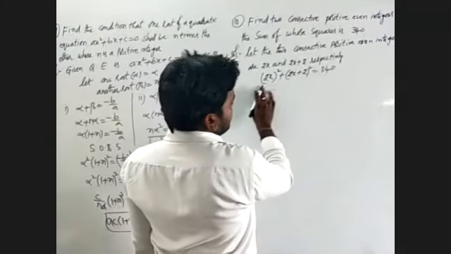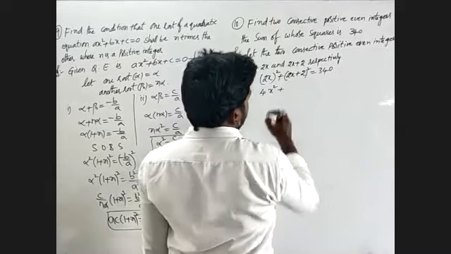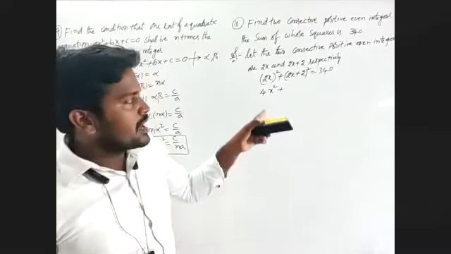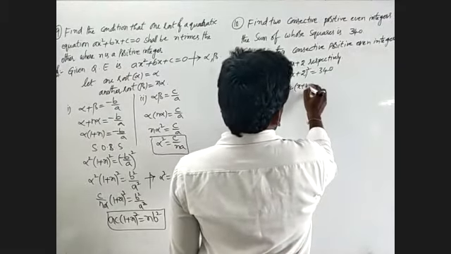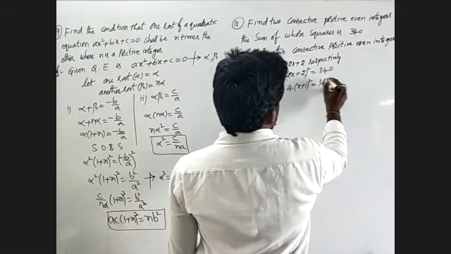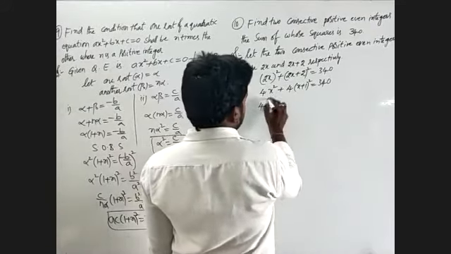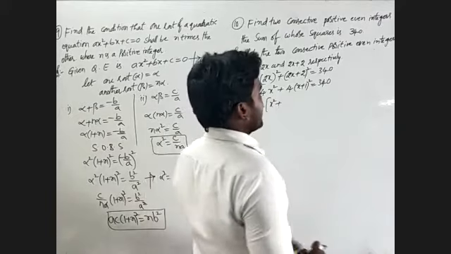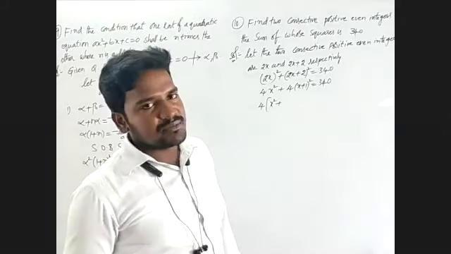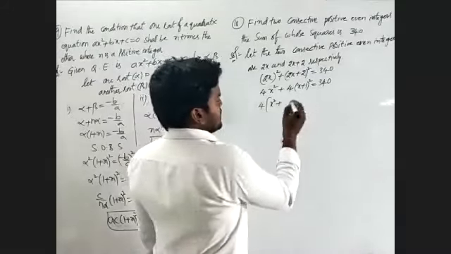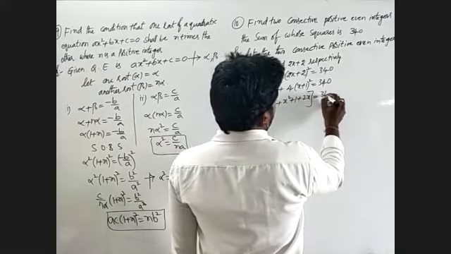Okay, how to expand this one? I will take common 2 square, which is 4, into x square. Here also, I will take common 2 square, which is 4, remaining I will write x plus 1 whole square, equal to 340. I will take 4 common, 4 into x square plus, again we have to expand x plus 1 whole square. X plus 1 whole square is of the form a plus b whole square, so I will write x square plus 1 plus 2x equals 340.